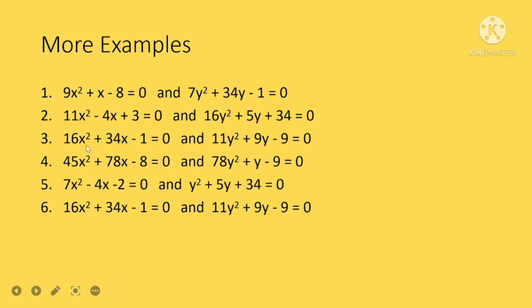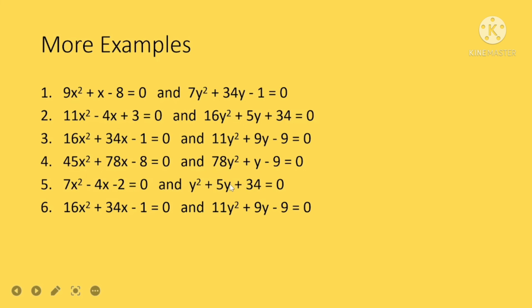y. In the case of the third example, both values of c1 and c2 are negative. Here 16x square plus 34x minus 1 is equal to 0 and 11y square plus 9y minus 9 is equal to 0. Both c1 and c2 are negative, hence we can conclude that x and y cannot be compared. Similarly, this is the case of the fourth example. Both c1 and c2 are negative, hence in the fourth example also we cannot compare x and y. And in the case of the fifth example, we have seen that